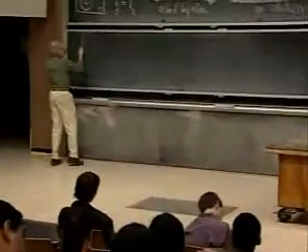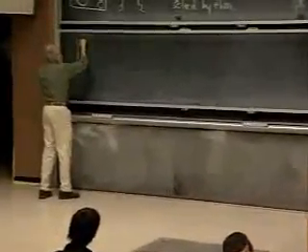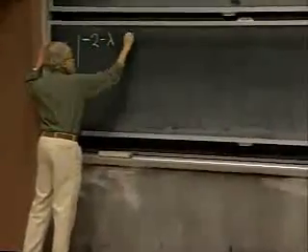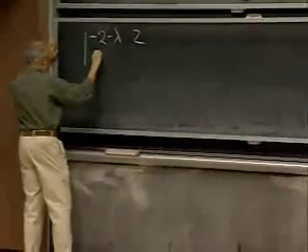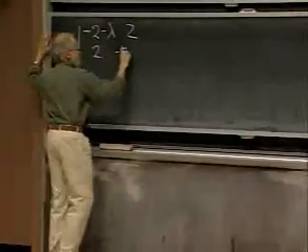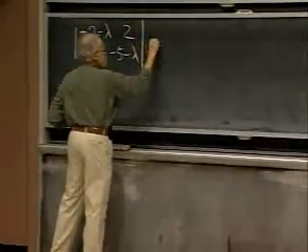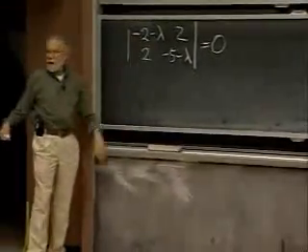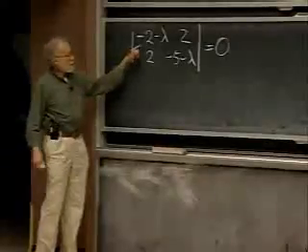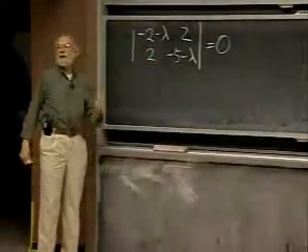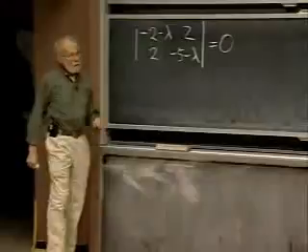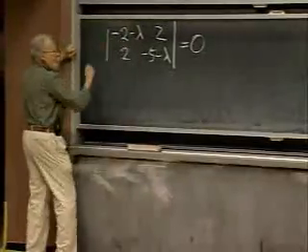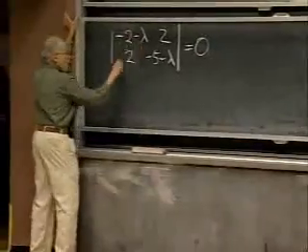So let's write it out. I'll recopy it over here. It's negative, what was it? Negative 2 minus lambda. 2 here. Here it was 2 and minus 5 minus lambda. All right, this is an equation. You have to expand the determinant. In other words, we're trying to find out for what values of lambda is this determinant 0. Those will be the good values which lead to non-trivial solutions for the A's. All right, so this is the equation